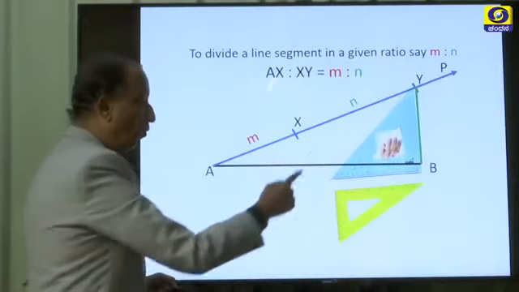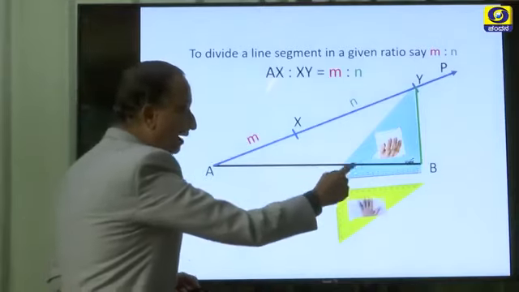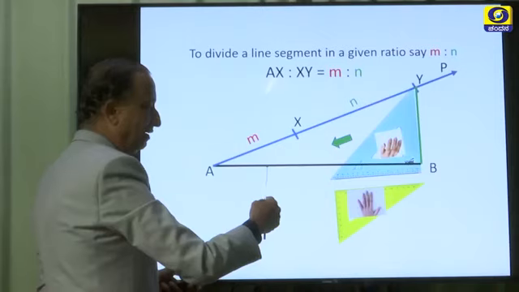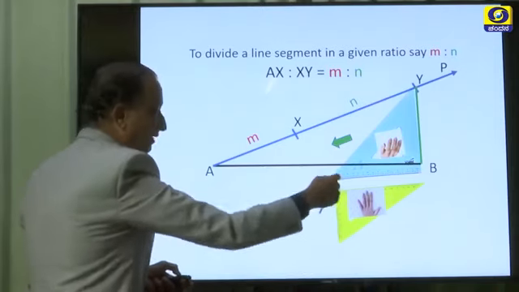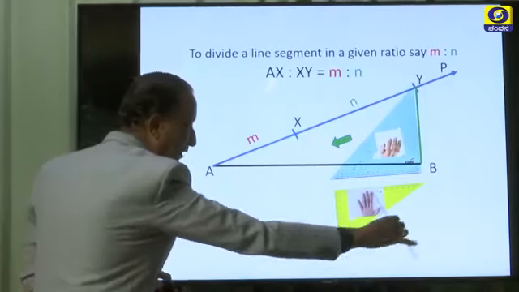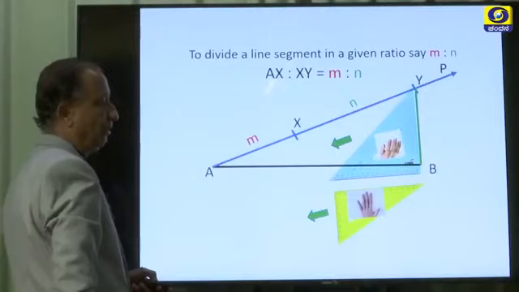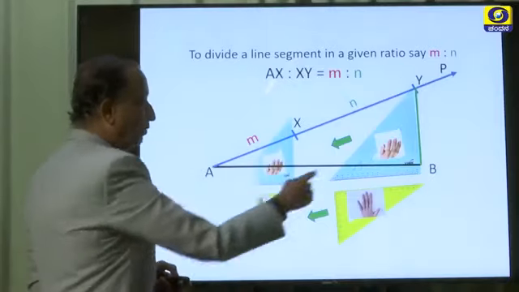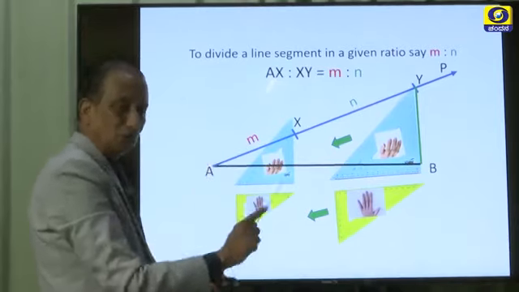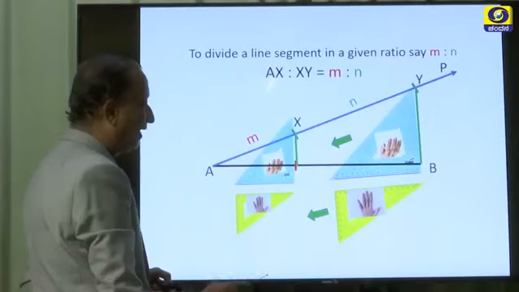hold it tightly and hold this also tightly. Now release this, slowly try to move in this direction. And this one also, once it moves for some distance, then you can hold this tightly in this position and move the other again in the same direction. This way you have to move till this point. Once you get this point X, you stop and draw a line like this. Call it C.